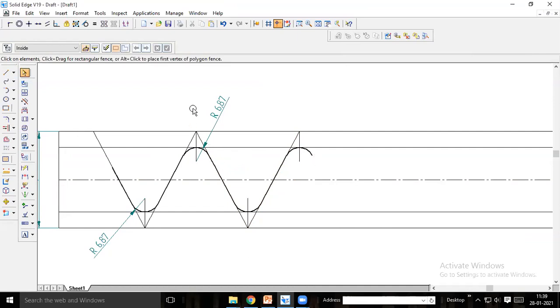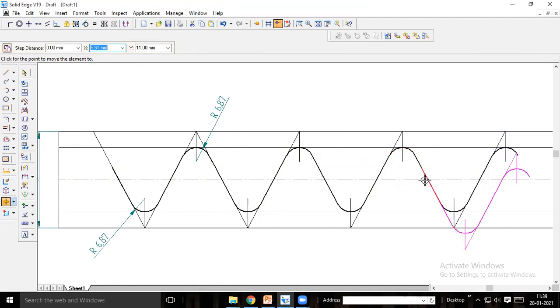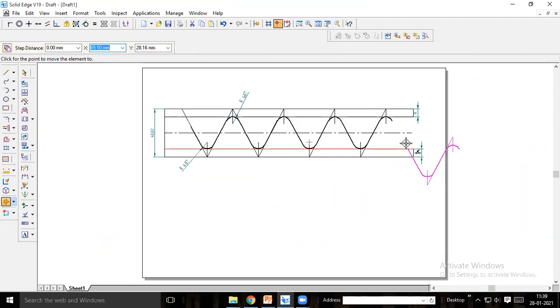So it is ended here, so you can copy from here. Paste it like this, paste it like this. Like how many profiles you want, you can create. So if you draw one profile this much, then you can create like this. You can copy and paste like this in system drawing. Whereas in manual drawing, all the curves you have to do manually. At least 3 profiles you need to complete in the exam.